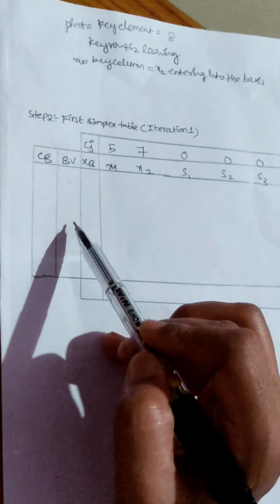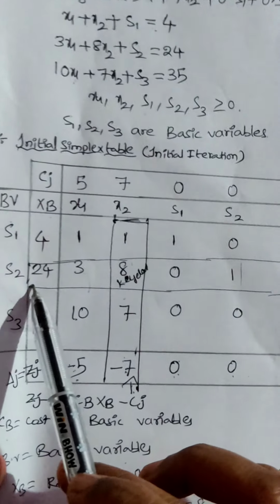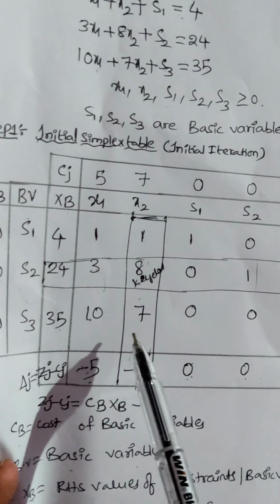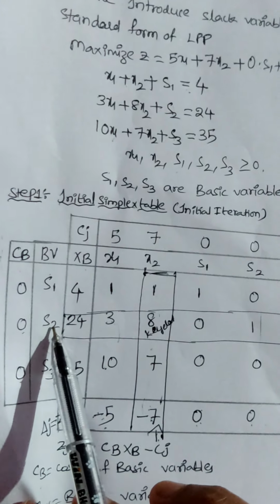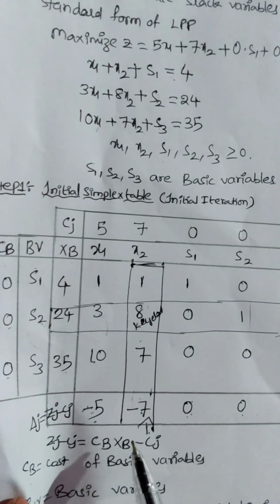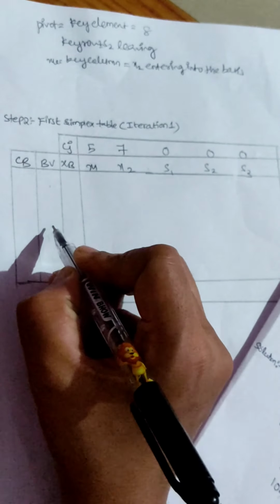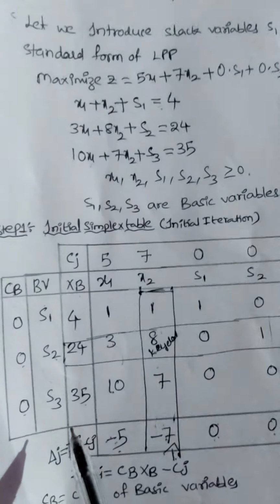In the second table, what we have to write in the basic variable column, instead of writing s1, s2, s3 as it is: already in the first table, s2 is our key row which is leaving, and x2 is the key column which is entering into the next table. So in place of s2 which is leaving, enter x2. s2 is leaving, enter x2. First write what is entering. x2 is entering.